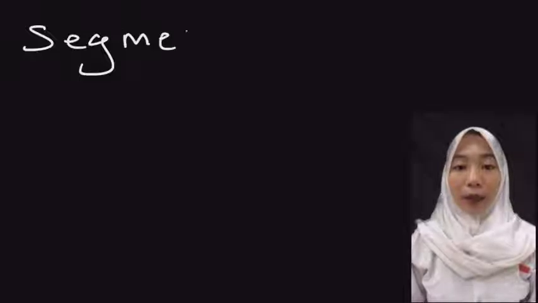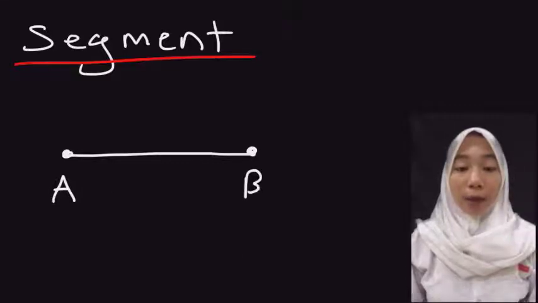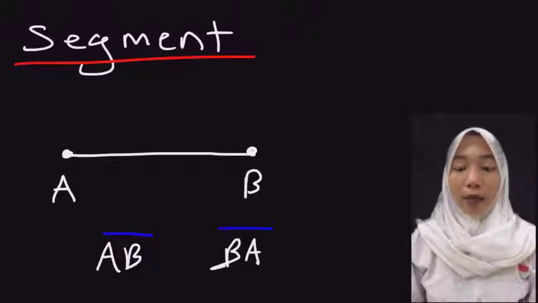The next one you need to be familiar with is something called a segment. A segment has a beginning and an end. So let's say this is point A and point B. We can describe it as segment AB, with no arrows on it, or we can call it a side. This is segment BA, so that's a segment.